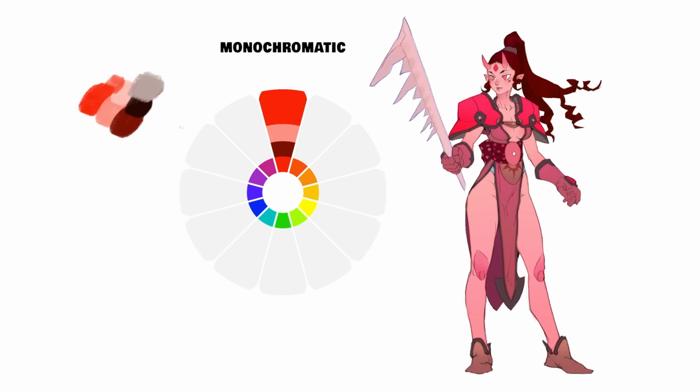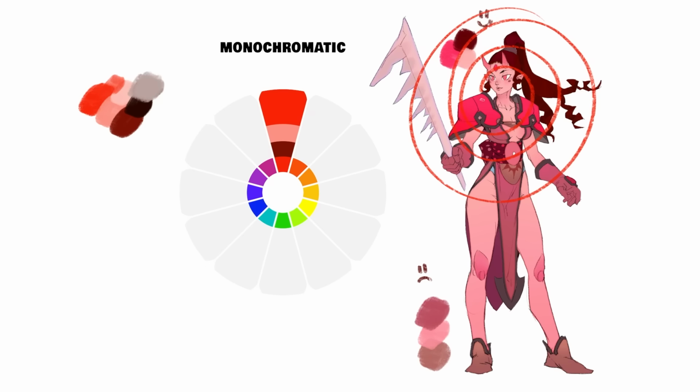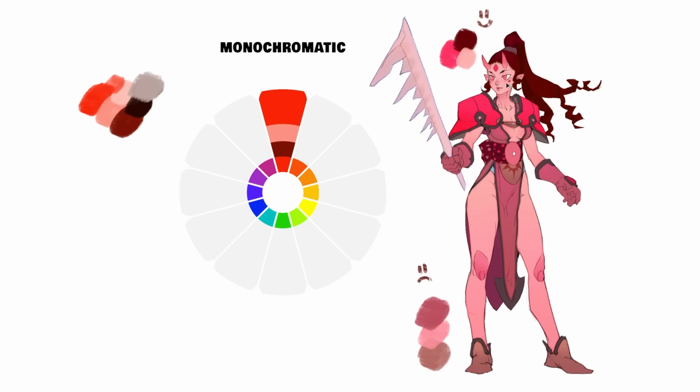It all looks basically the same color, except I did make some choices here to adjust the saturation and values to create more contrast around my focal point, aka the face of the character. And the focal point, by the way, being simply what the artist wants the audience to notice first, right? By introducing colors with darker and brighter values around this area, and by adding more saturation to my colors, most people will tend to look here first and then notice the rest after, because the rest has much less contrast